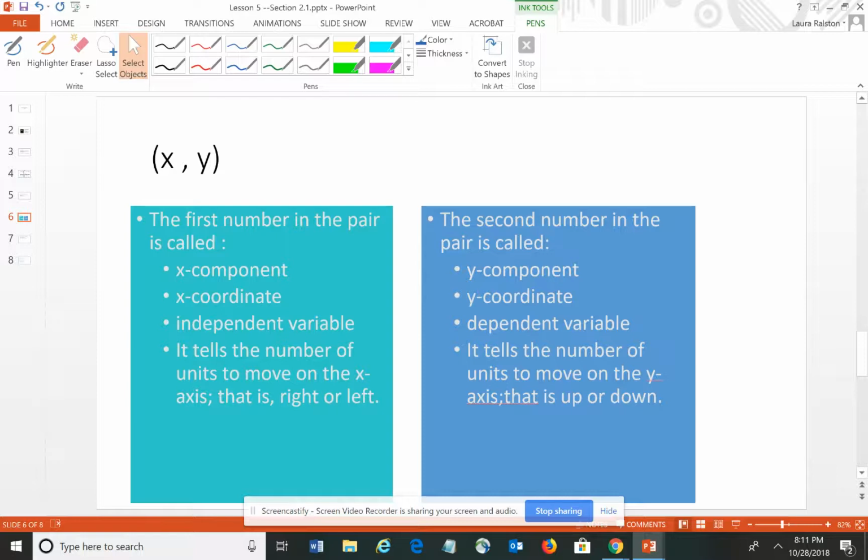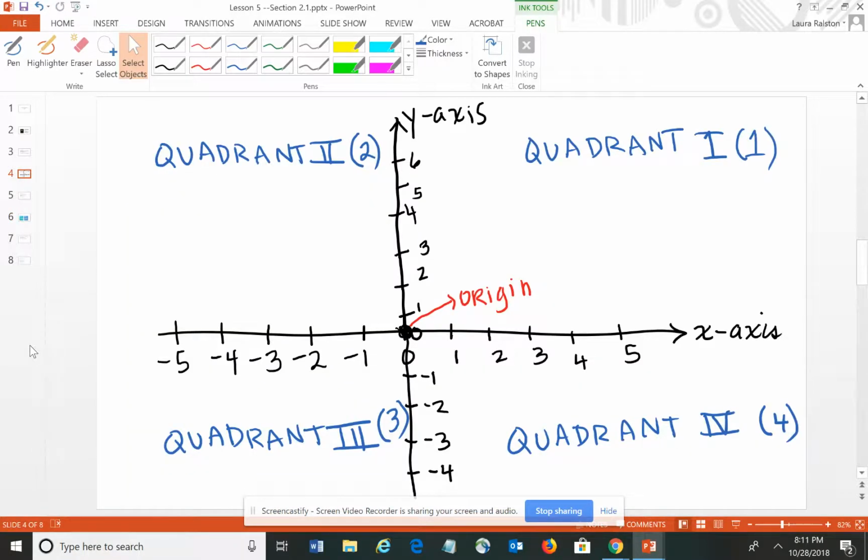And it tells you how many units to move on the Y axis. And again, that is whether to go up or down. Again, hopefully common sense tells you positive numbers go up and negative numbers go down because that's how the number line is numbered. So if we go back to our picture of our coordinate plane for a second,